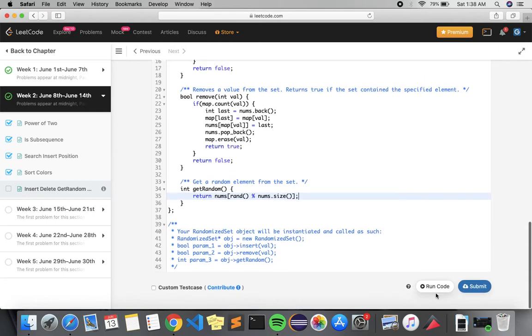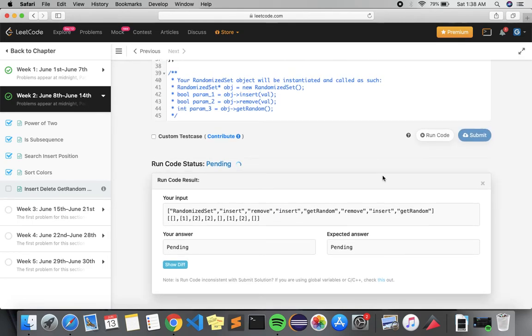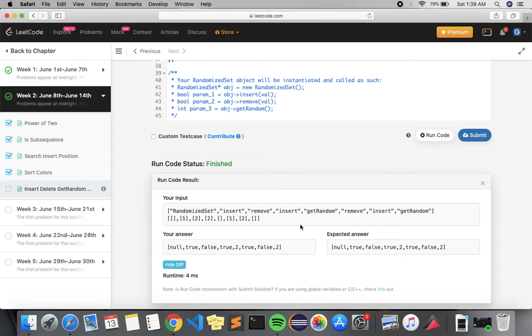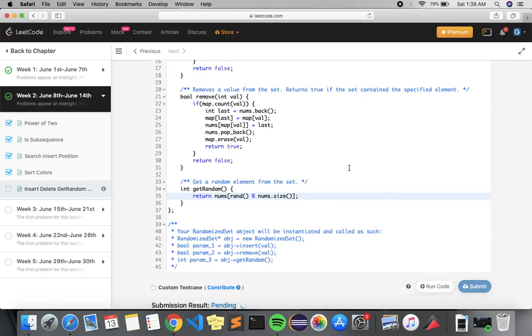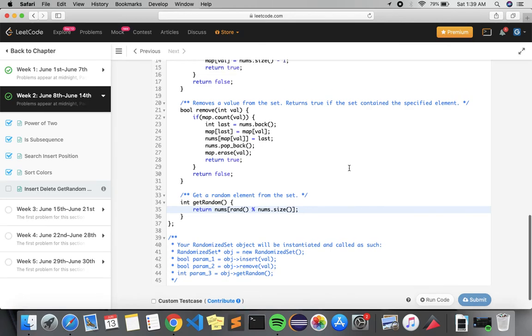In this way every element has the same probability of being returned as the random value. Okay, this is the solution in O(1) time.